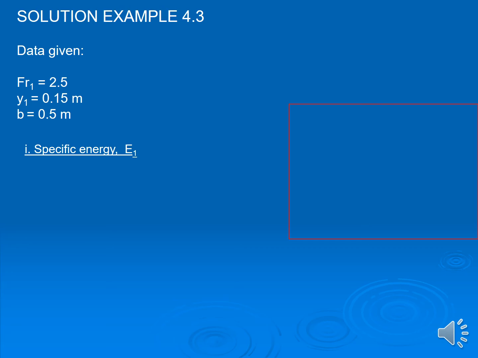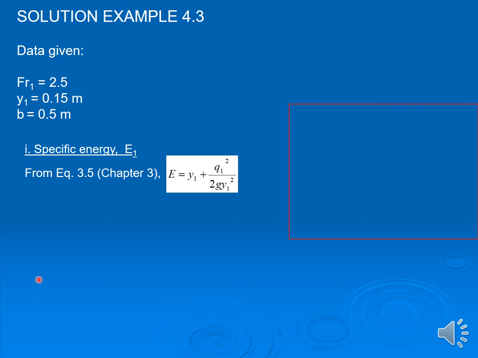Okay, first you have to find the specific energy E1. The equation for specific energy E can be obtained in the previous chapter 3 in equation 3.5, where E equals y1 plus q squared over 2g y1 squared. You can see here that we use the small q. The small q here can be obtained from the flow divided by the width of the channel. However, we don't have the